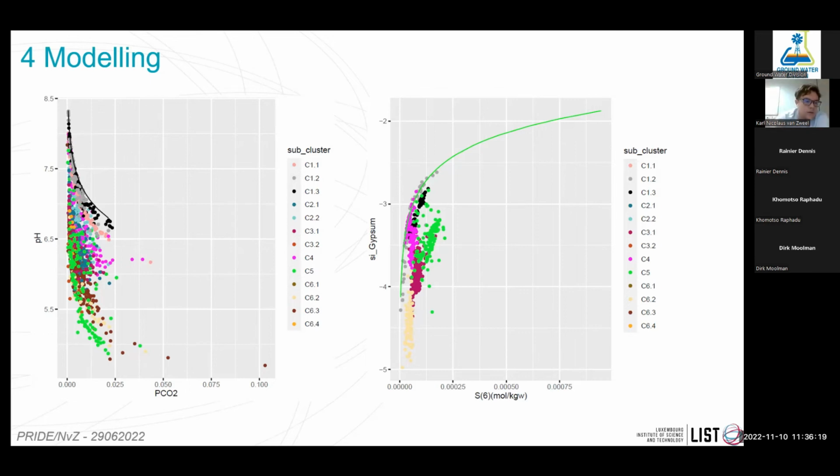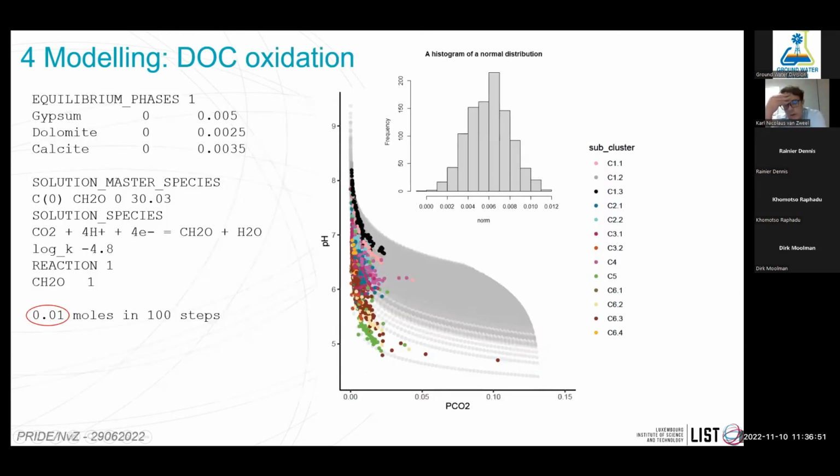Anyway, what you see here is the clustered data modeled in PHREEQC, and this black line is just my little batch experiment to see if it could work. So we theorized, okay, DOC can probably explain most of the pH behavior that we're seeing in the system, and the model also really effectively predicts the relation between gypsum and sulfate. So what we did then, we said, okay, well, obviously